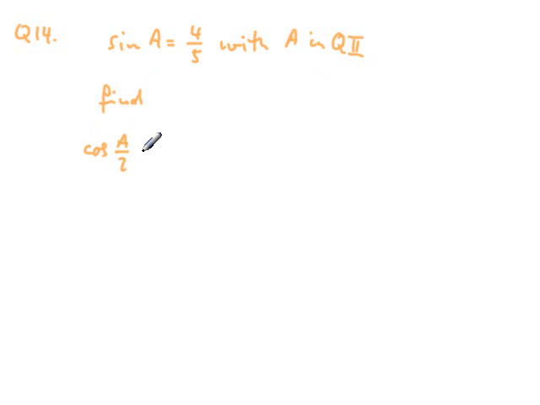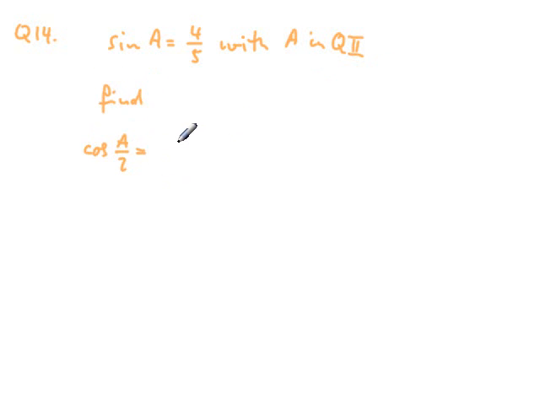Let's work on this question 14. It says sine A equals 4 over 5, with A in quadrant 2. Find cosine A over 2, and I'm going to